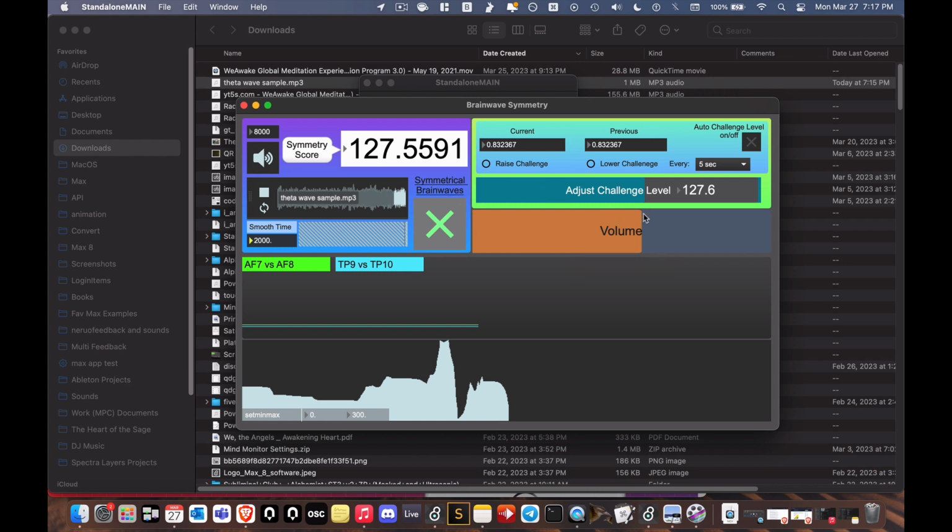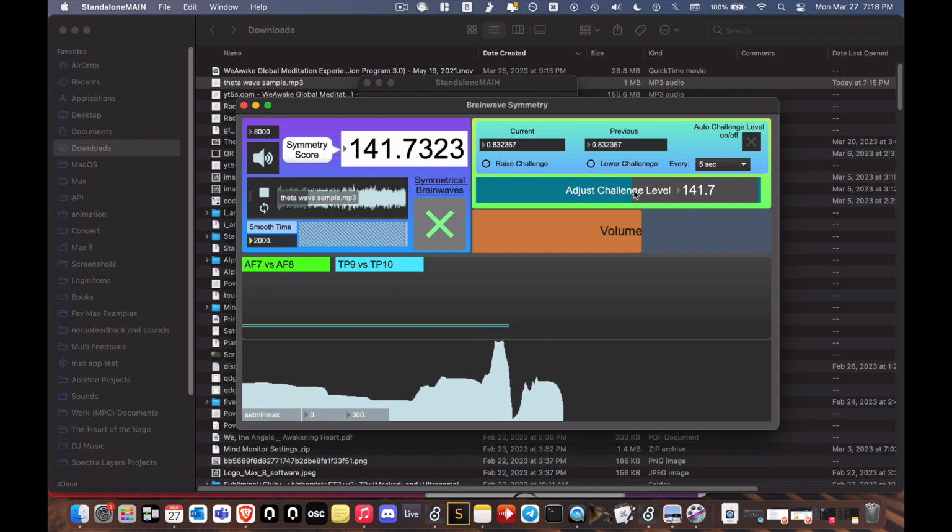I already went over the challenge level, so this is how hard it is to hear this sample, and you can adjust that here, and I'll give a demonstration at the end of the video as usual. But this is pretty interesting. It's basically an auto challenge level increase or decrease. So